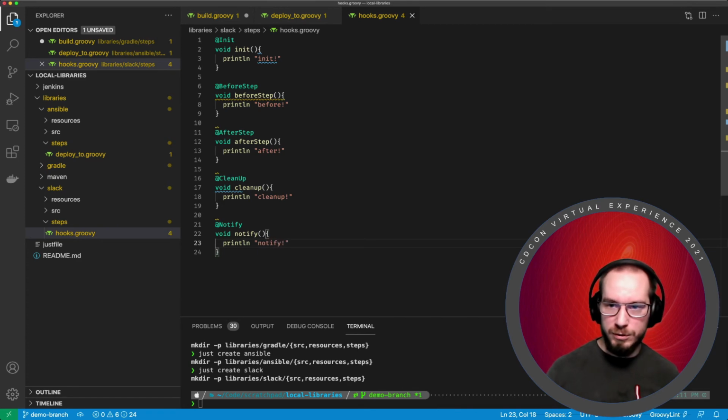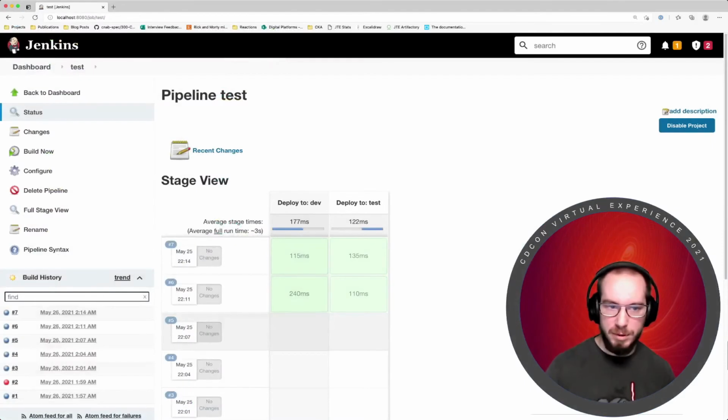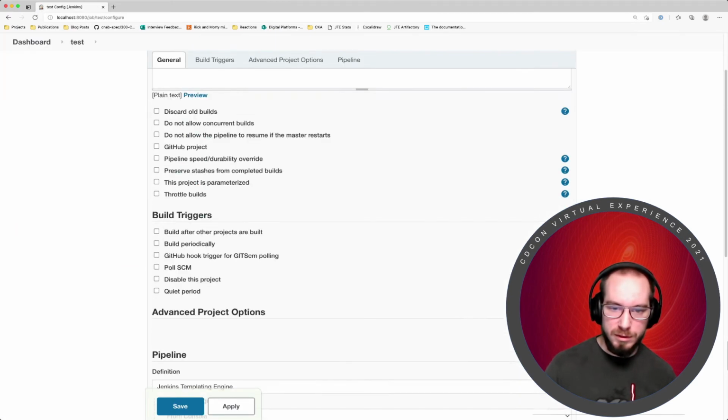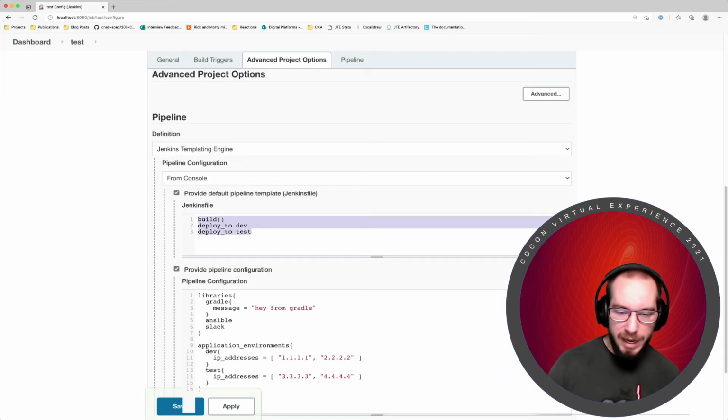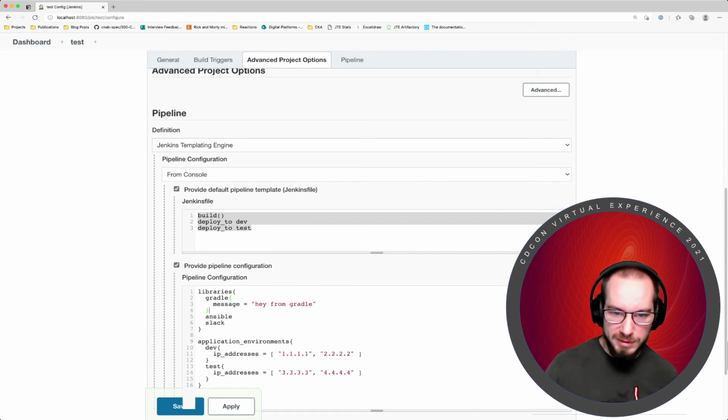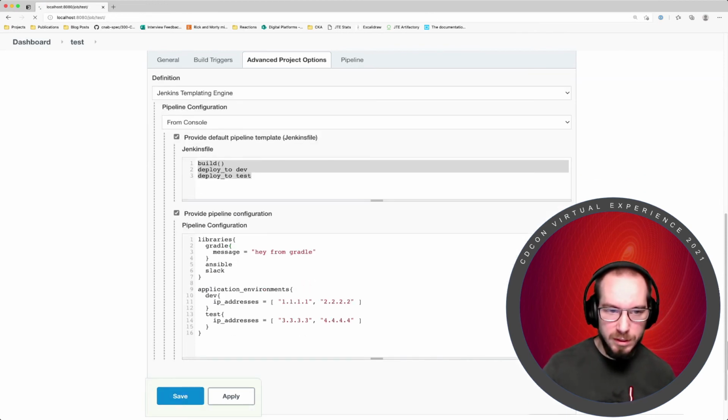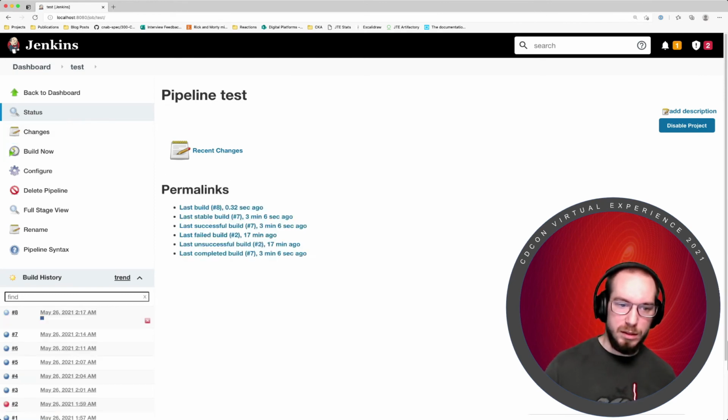And then let's run the pipeline again. Let's head back to our browser. And just to refresh, we didn't add anything inside the pipeline template. All we had to do was load the Slack library, which has these hooks. And when we run the pipeline,